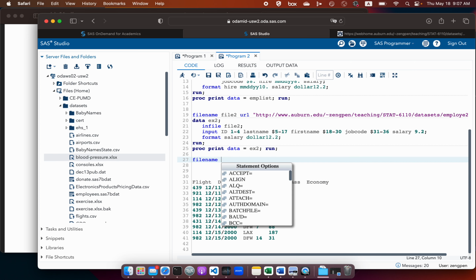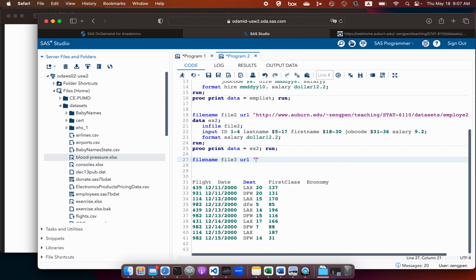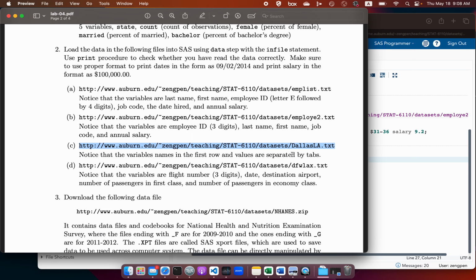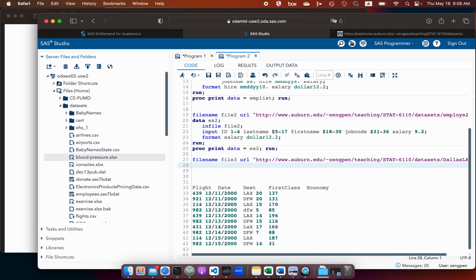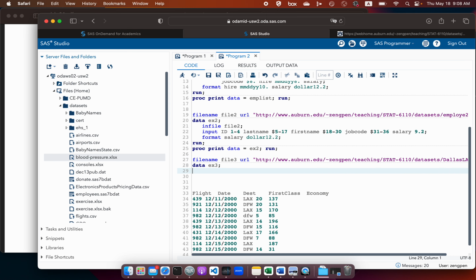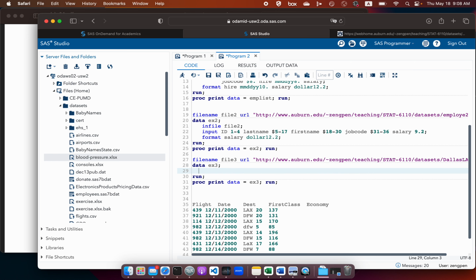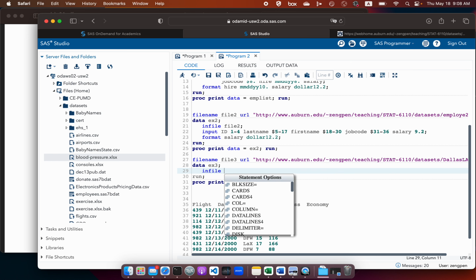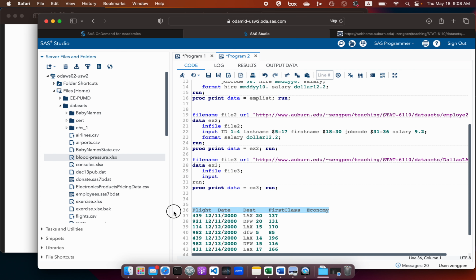So file name, we have file 3 and URL. I need to get the name for this link, data ex3, run proc print data is ex3 and run. So then I will write infile. So this is file 3 and input. Yeah, so those will just be the names of